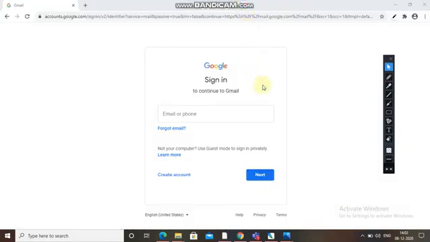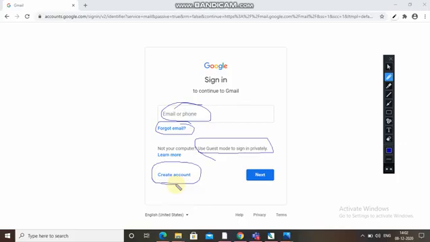So as you can see here, the page has opened. Google, sign in to continue to Gmail. Here it is Gmail, email or phone. Forgot email. Okay. And if it's not your computer, use the guest mode to sign in privately. And next. This is the login page. Here it is given, create account. So on this you have to click. Okay. For myself or to manage my business. So if you want a personal email, then choose for myself. Okay, see what happens next.